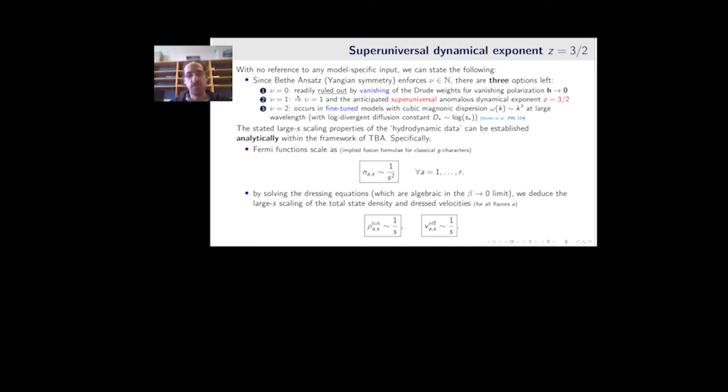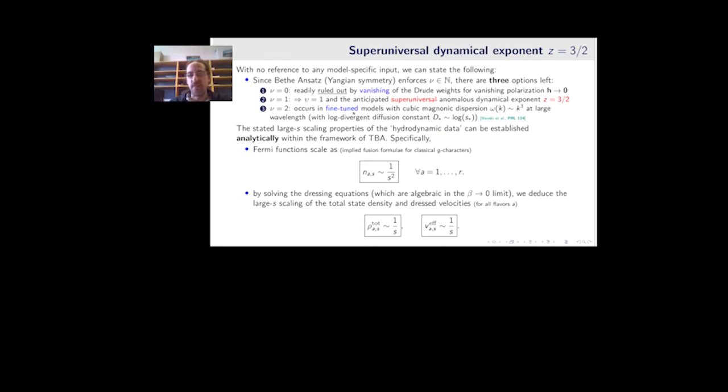One is that nu equals 0, but that would mean that you would find a Drude weight at 0 magnetization, which can be analytically ruled out. So we already ruled out this option. The remaining 2 options are that nu would be 1, which would imply upsilon is also 1. This I just showed you happens in the basic case of the Heisenberg model, and implies the dynamical exponent z equals 3/2. Another option is to have nu equal 2, which indeed can be realized,